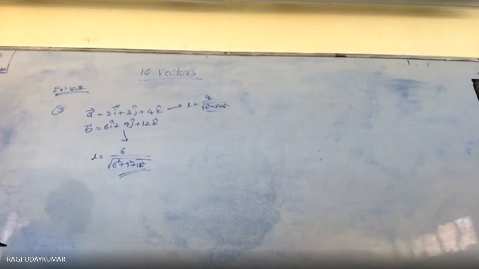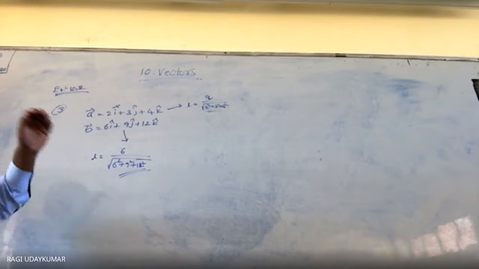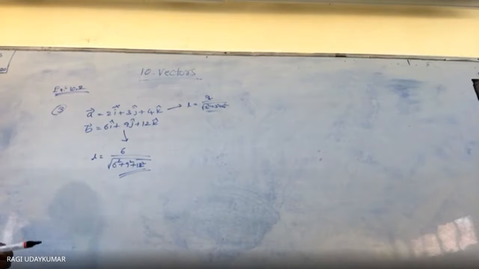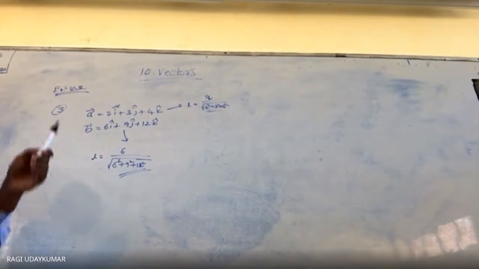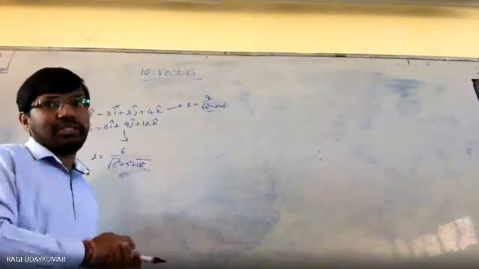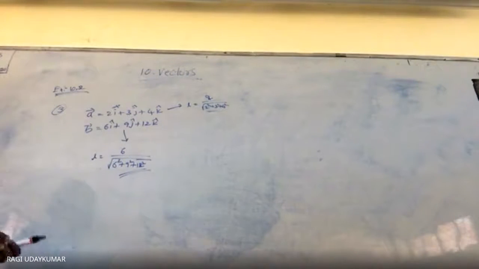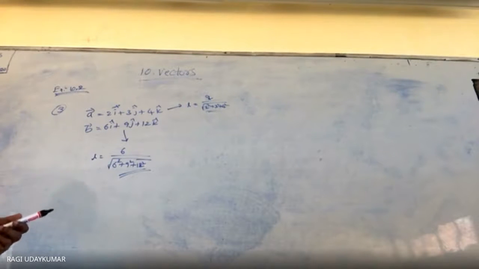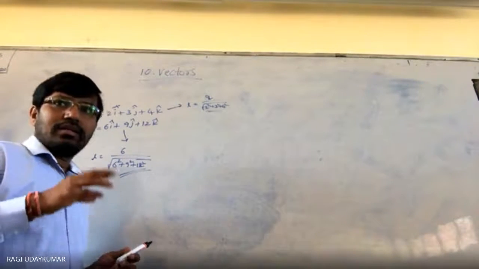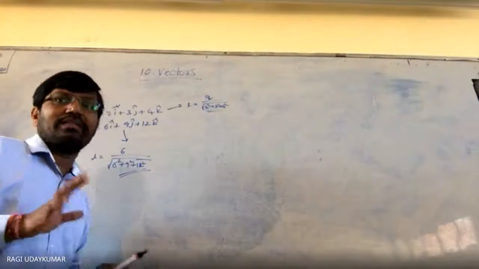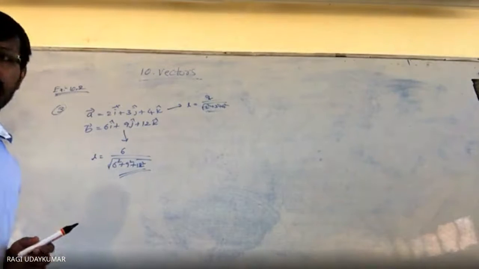समझ में आया? Direction question means, if they are in the same direction, to find that, they should have the same direction cosines. If you have the same direction cosines, then you can say that they are in the same direction. Both are in the same direction. Okay. Next,